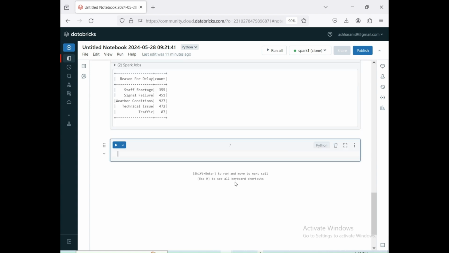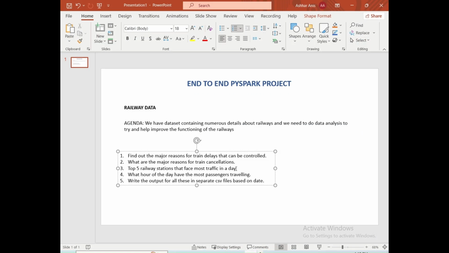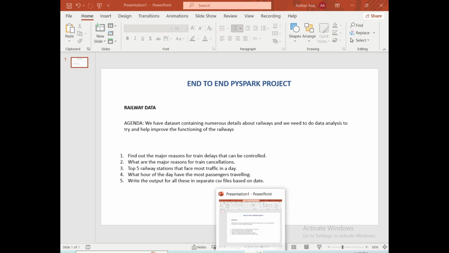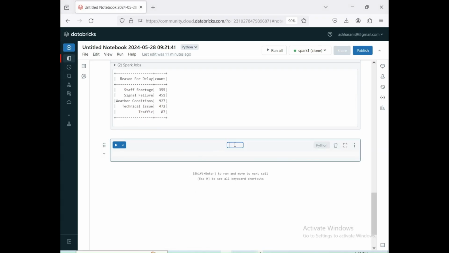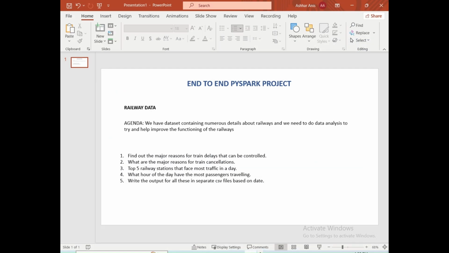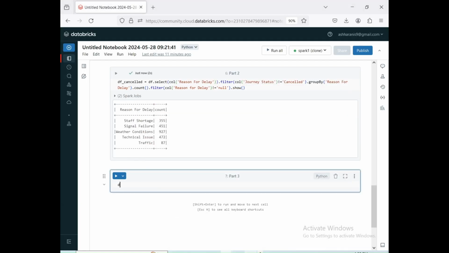With that done, we're going to go ahead and move forward to the third part, that is top 5 railway stations that face most traffic in a day. So I'm just going to add a title here, part 3, and I need to create another data frame here. I'm just going to give this a name, TF traffic,